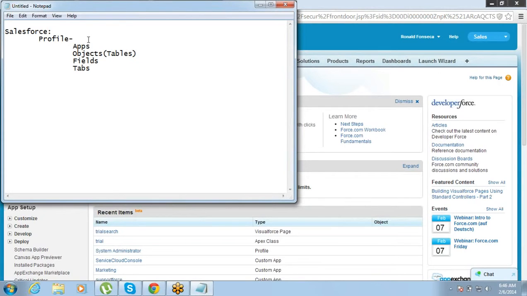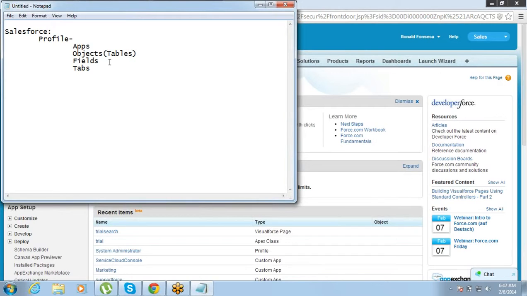So for apps, objects and tabs, I think we talked in yesterday's session. Let us talk about fields. Sometimes what happens, let's say you have a team, you want them to see the opportunity object, or you want them to see the account object, but one of the fields in account object is something that you don't want them to see.